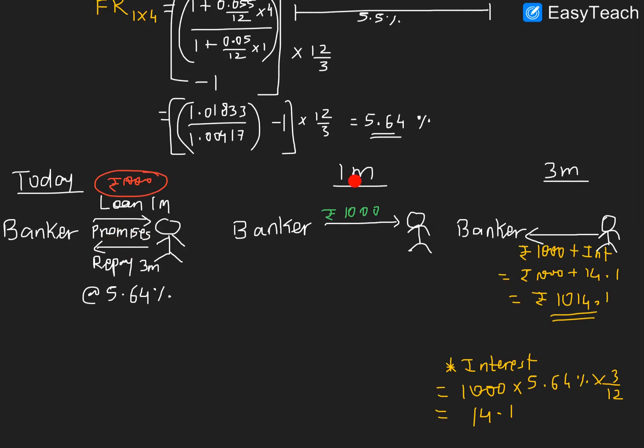After 1 month, the banker gives a loan of 1,000 to the customer. After another 3 months, that is 3 months from the loan, so basically from today till the 4th month, the customer should pay back to the banker 1014.1, including the interest at an agreed rate of interest. Okay, so this is the idealistic situation where I say that this